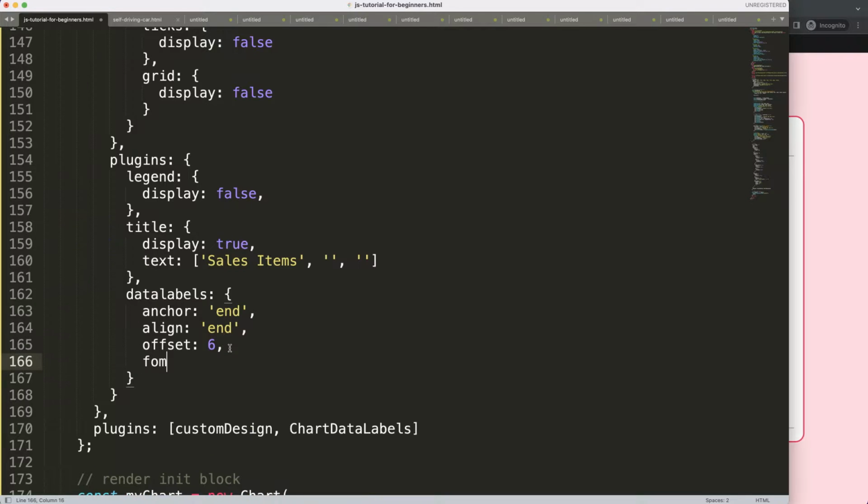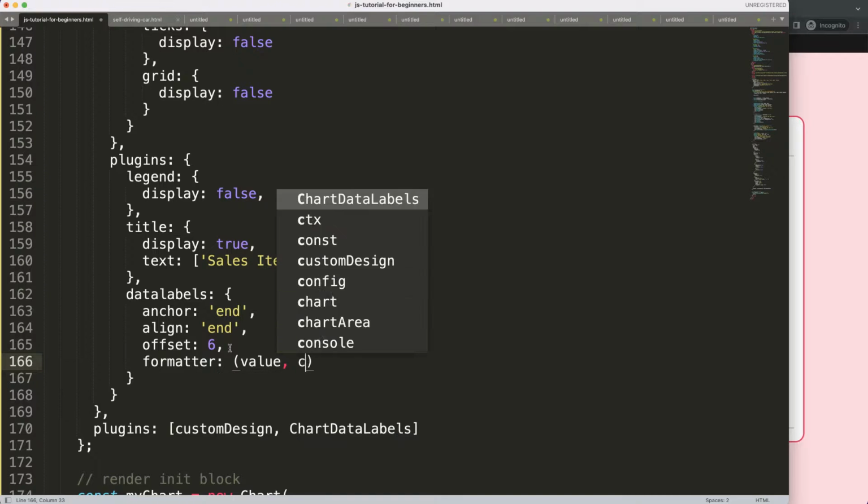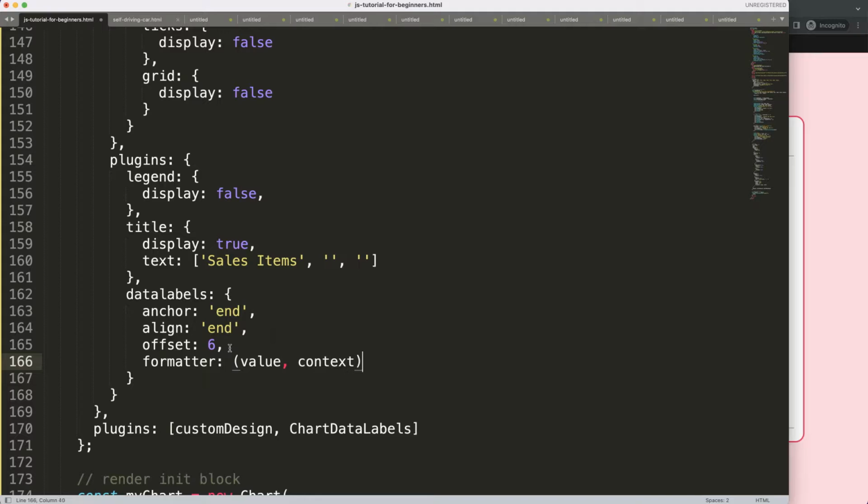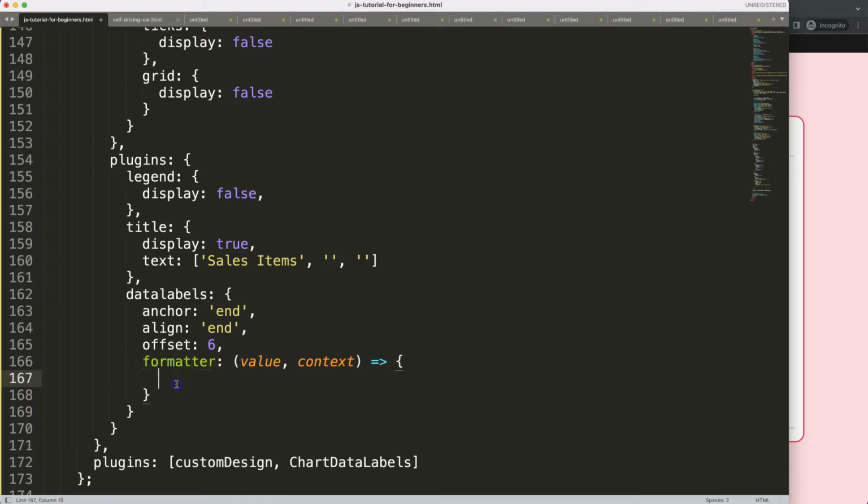Comma here, I'm going to say formatter. And the formatter, it's a basic callback functionality, allows us to control how we display our item. So what I'm going to say here is value, comma, context, and I'm going to put in here an arrow function expression. So with this formatter, we can now say a different way of returning. To understand what I mean by returning, it's basically returning the value in a different